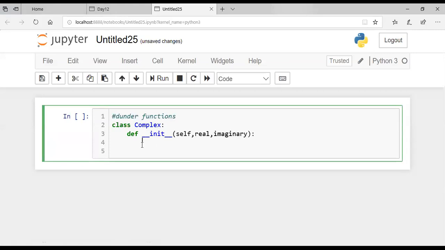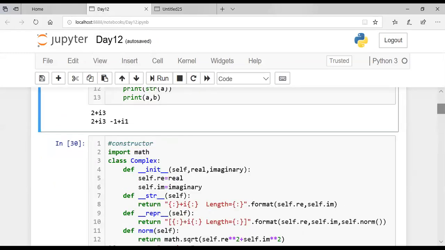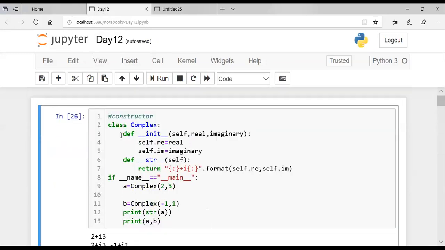I have already done this program, so I just copy and paste and then I will explain. Okay, students. Taking the self, real and imaginary part, you can see here. Self will automatically take the data of the constructor. Right now I'm writing the constructor function. This is called the constructor, students, with real and imaginary parts.